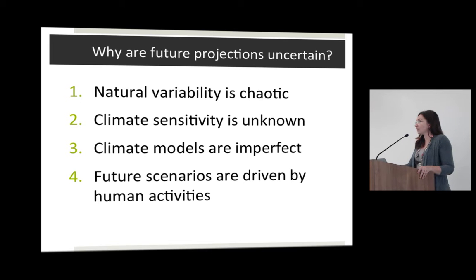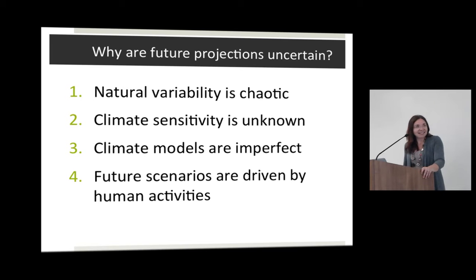You've probably heard the phrase that we're conducting an experiment with our planet of a magnitude that's never been conducted before. Nobody has ever put this much carbon dioxide and methane into the atmosphere when the planet was already this warm. It's never happened. So that's why climate sensitivity is unknown. Our climate models are imperfect. And in fact, those of us who work with climate models know even more than anybody else how imperfect they are, because whenever I work with a climate model, half the time what I'm doing is trying to poke holes in it and find where it's wrong.